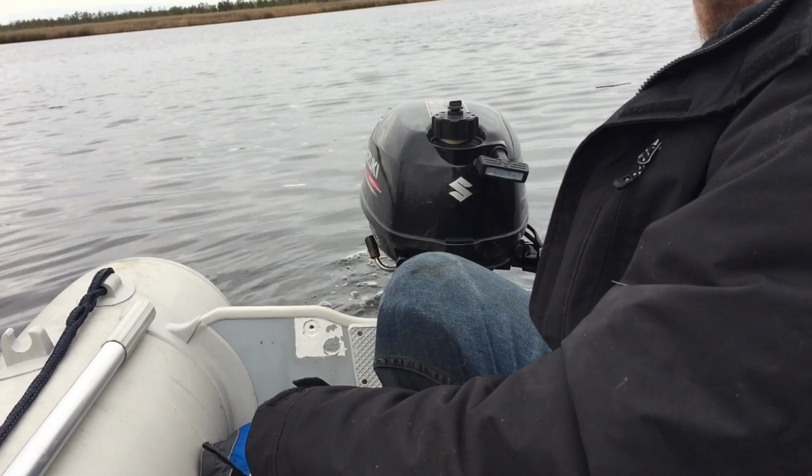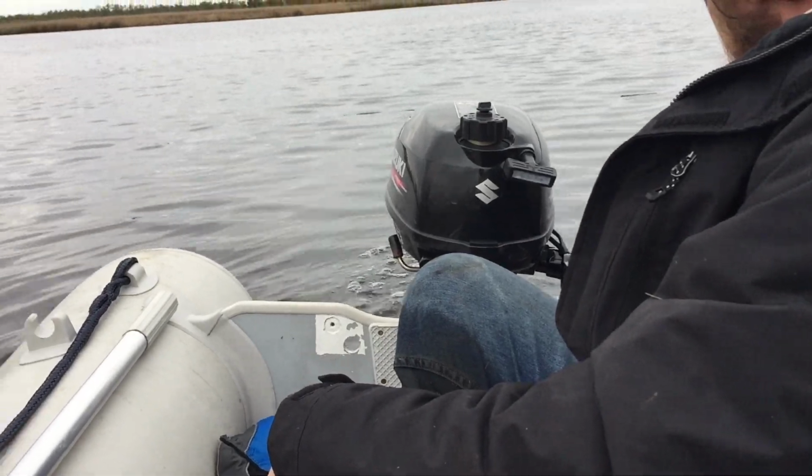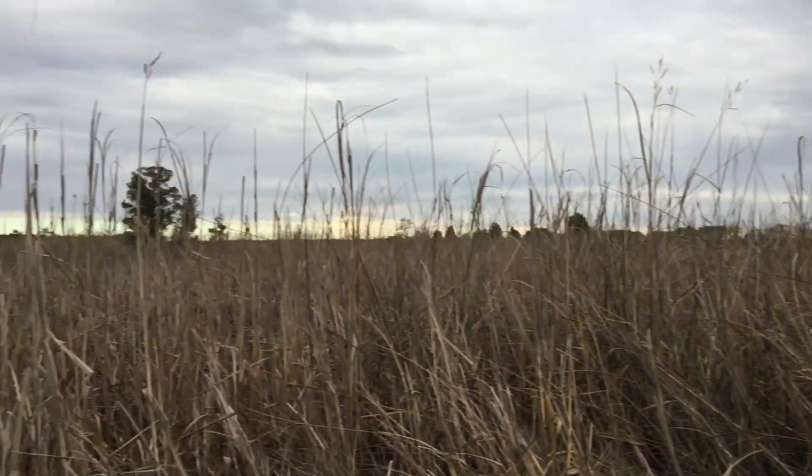Works great. We go about 5 knots, something like that. But it gets us from point A to point B. After our awesome day in the marsh,